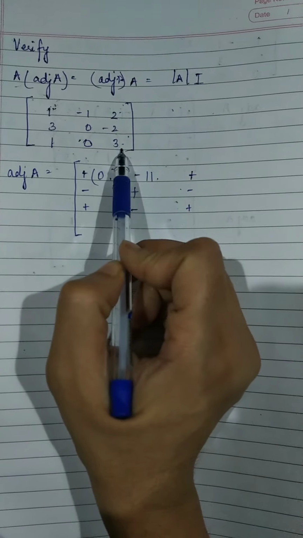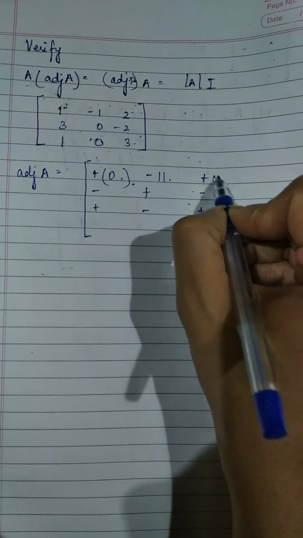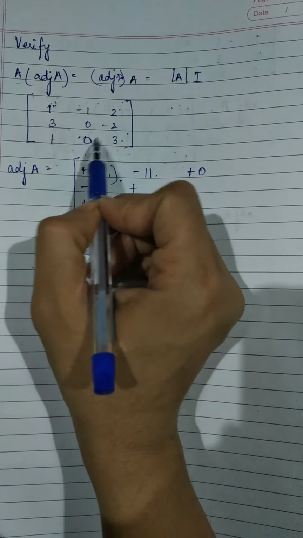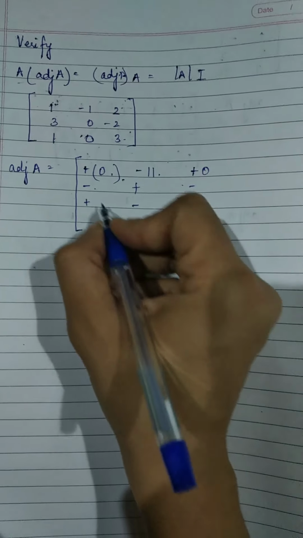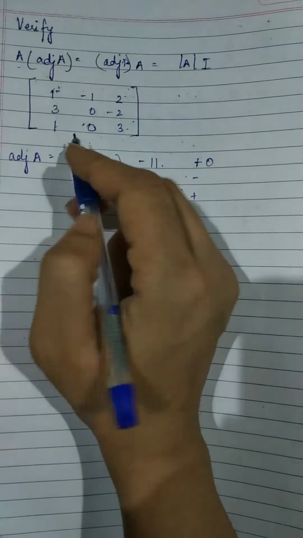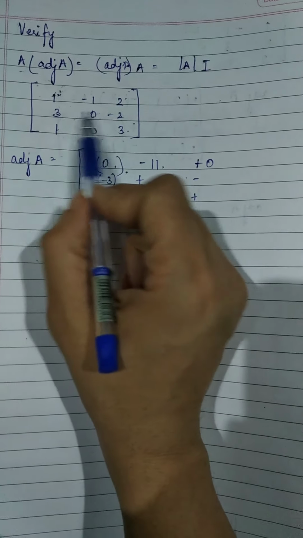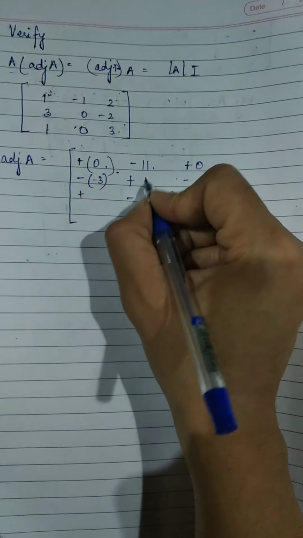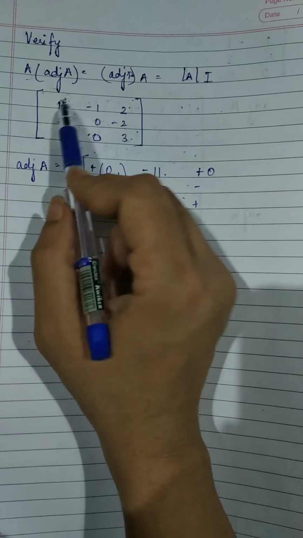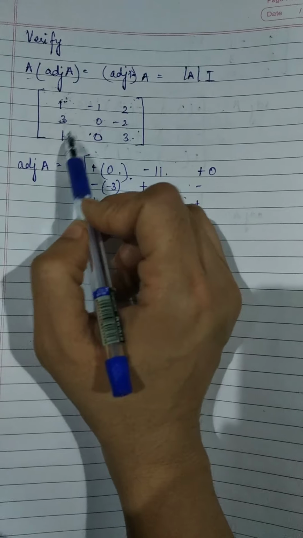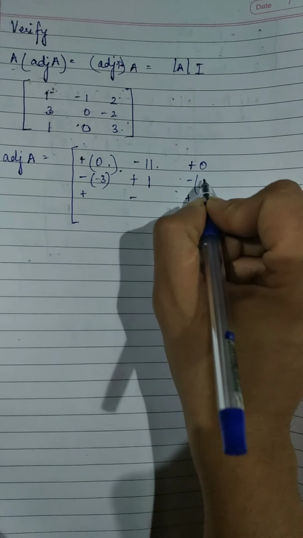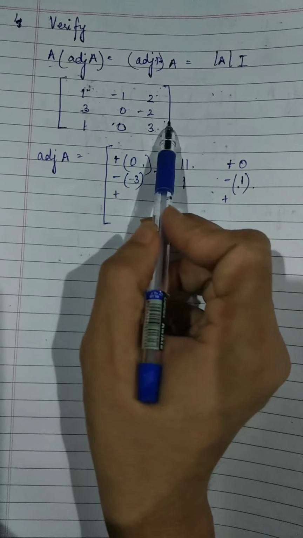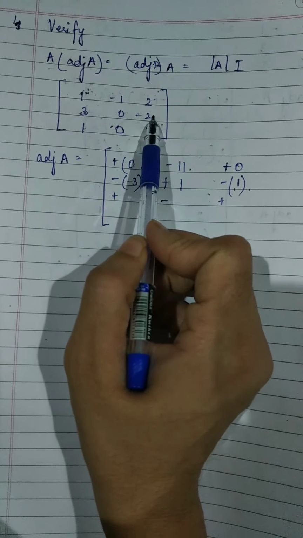For this element, eliminate this. So that's 0 again. Likewise, for this, we have these 4. So minus 3 minus 0 is minus 3 plus here. Eliminate these. These 4 are the elements. So 3 minus 2, 1. For this, these 4, 0 minus 1. So that's plus 1.